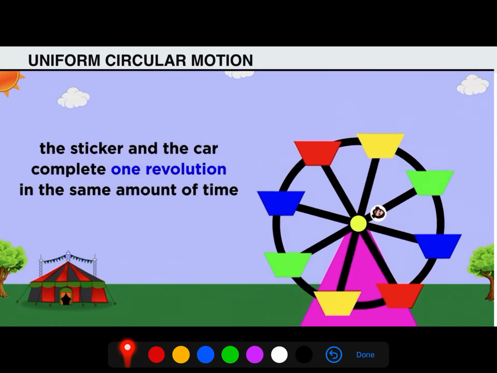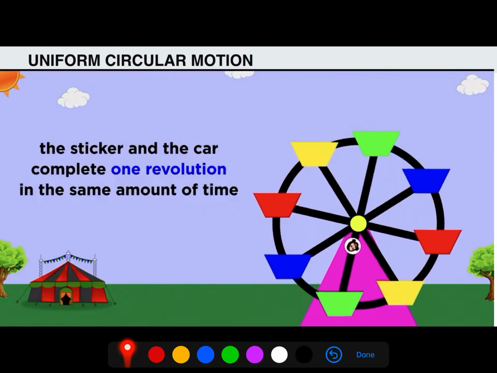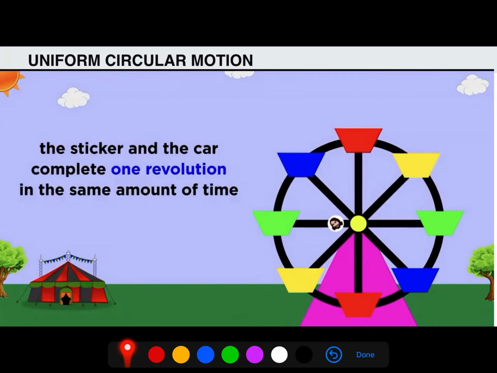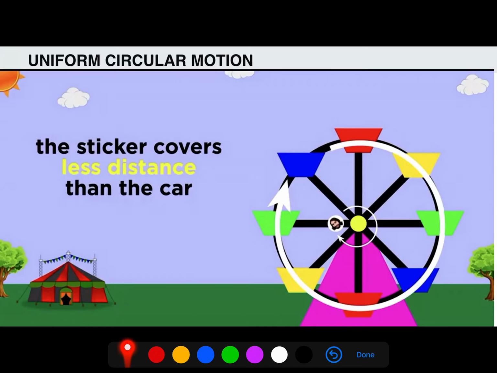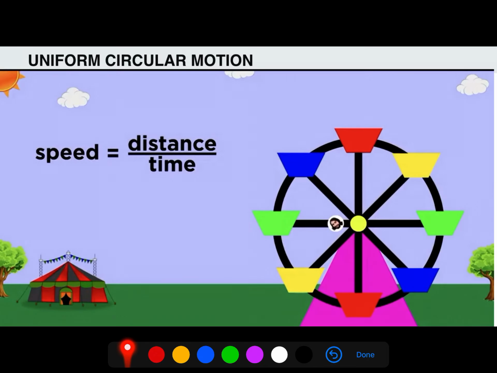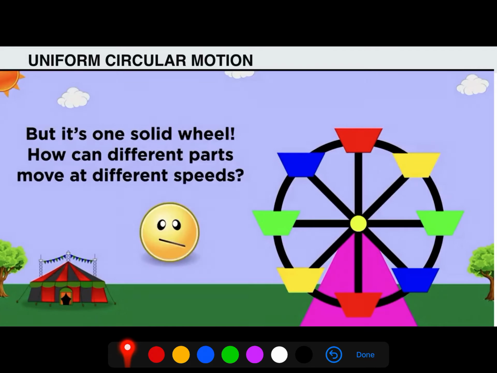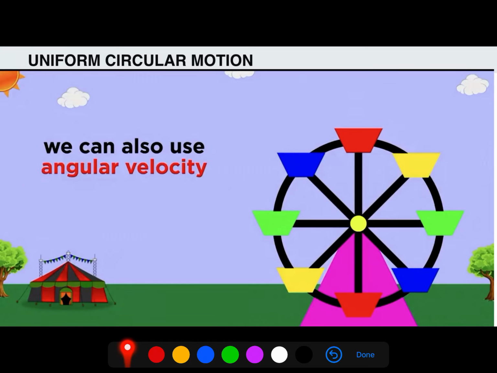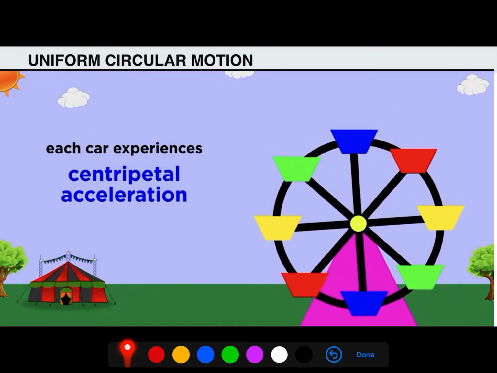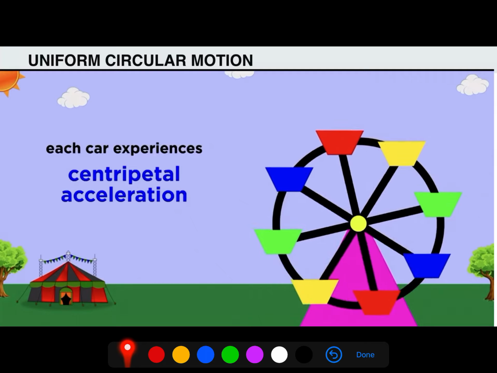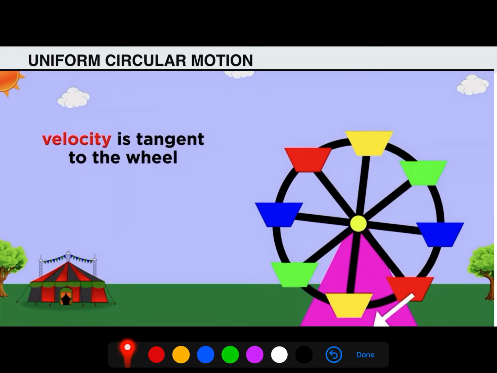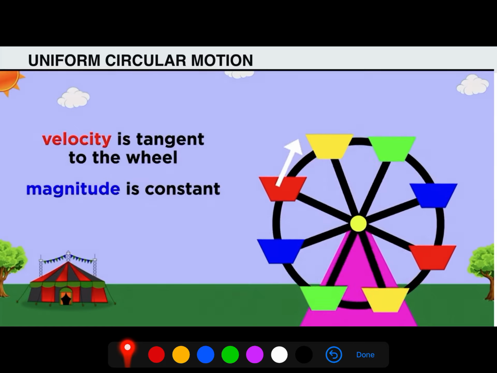The tangential speed depends on the distance of the particle from the center. A particle which is near the center has a smaller linear speed, or we can say tangential speed is smaller, and a particle which is away from the center has more tangential speed. To show this activity, stick a sticker near the center. When it starts rotating, the sticker will cover less distance than the particle which is at the circumference.